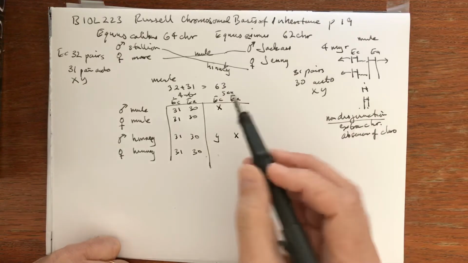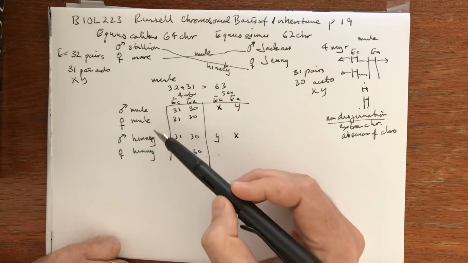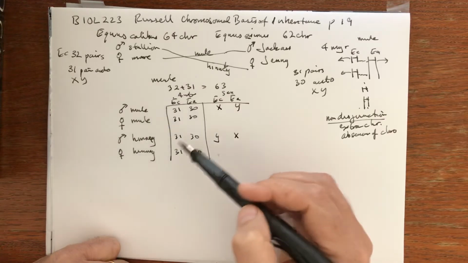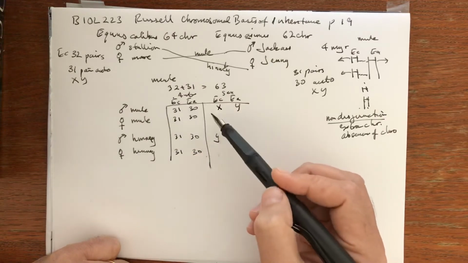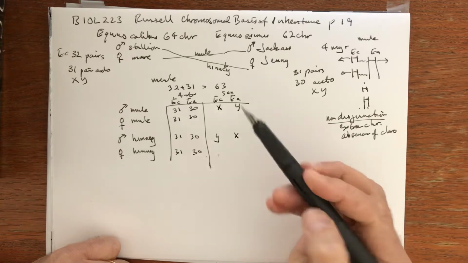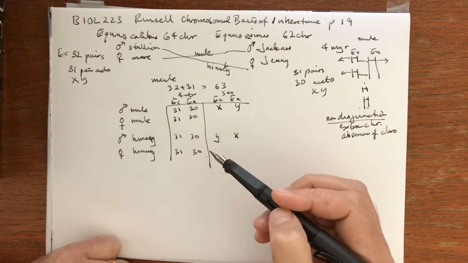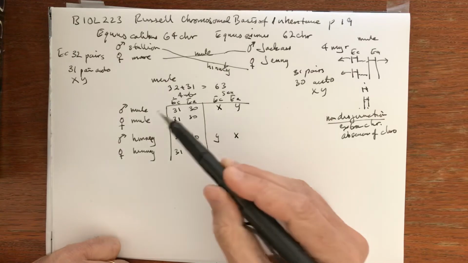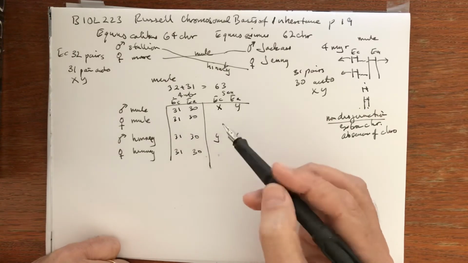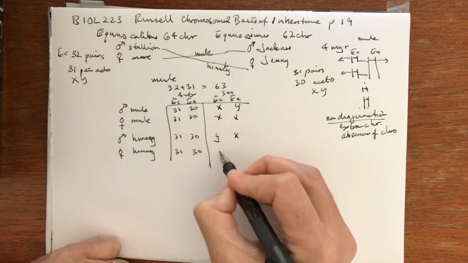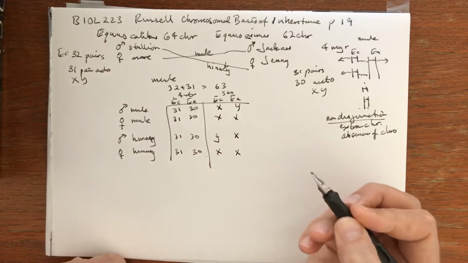So you could say, well, the reason why a male mule and a male hinny look different is one has an X chromosome from the horse and the other from the donkey, and the Y chromosome vice versa, and maybe that's to blame for it. But the female mule and the female hinny look different, and you see that they are then genetically identical. So what could be